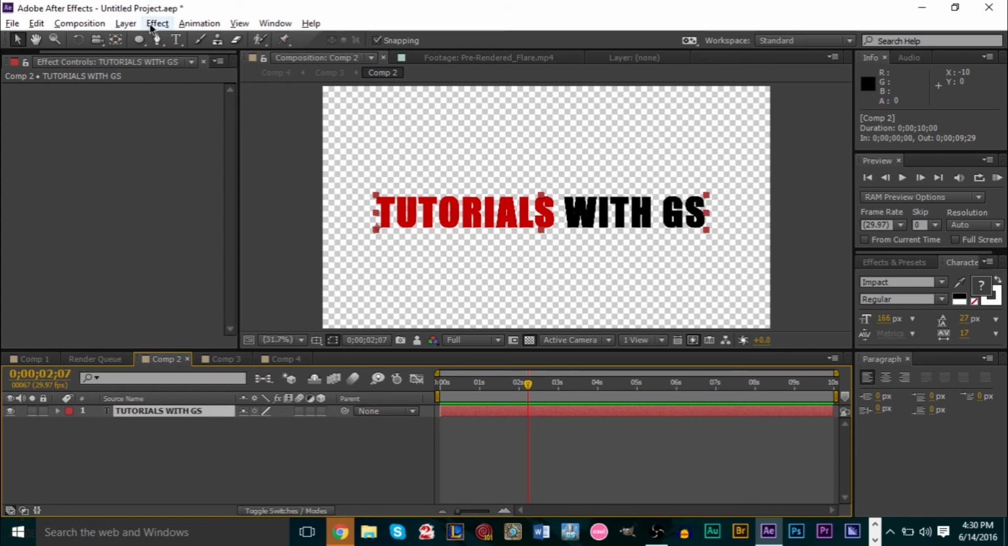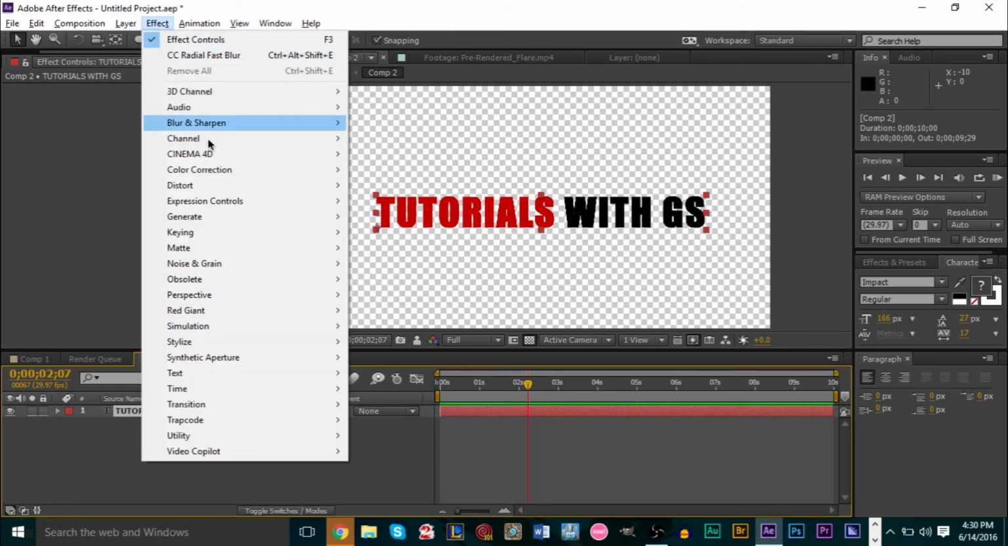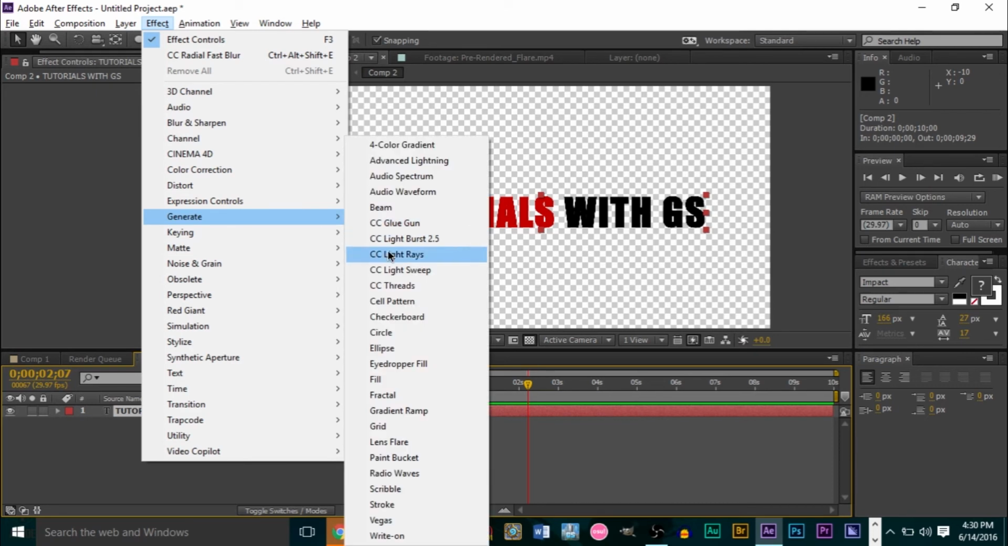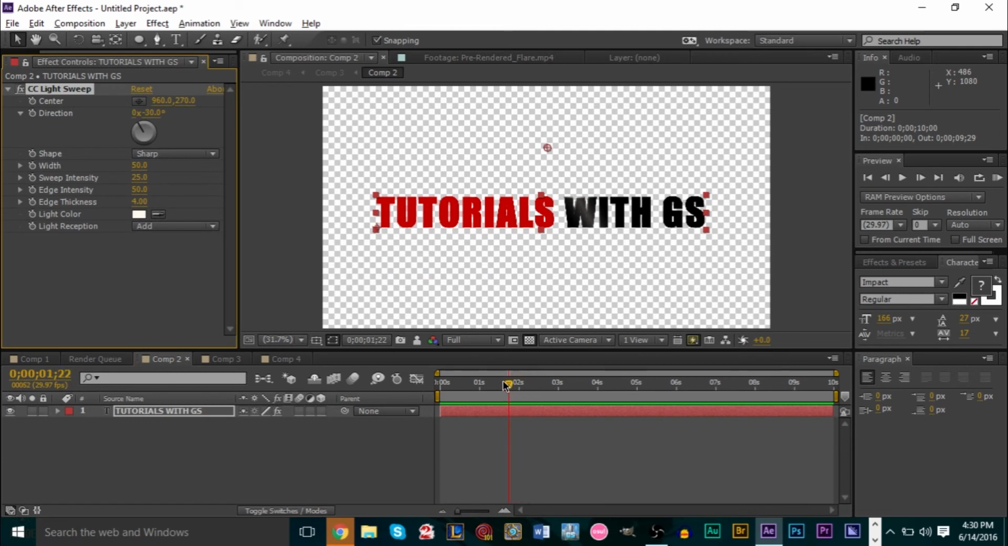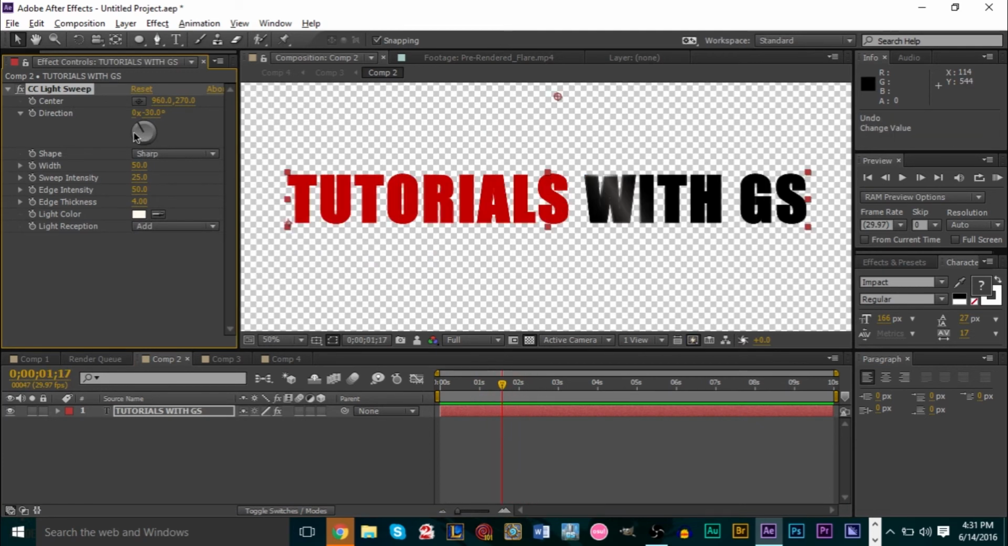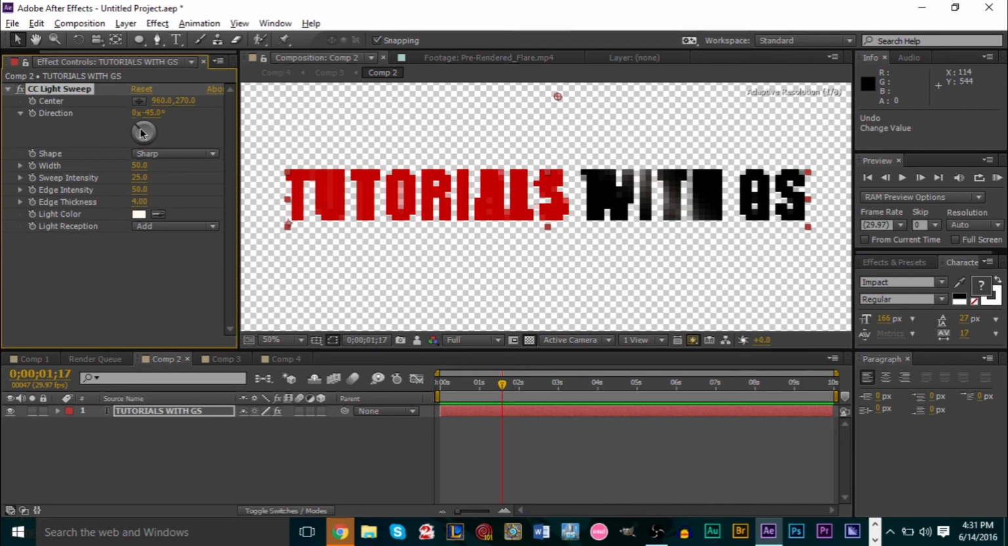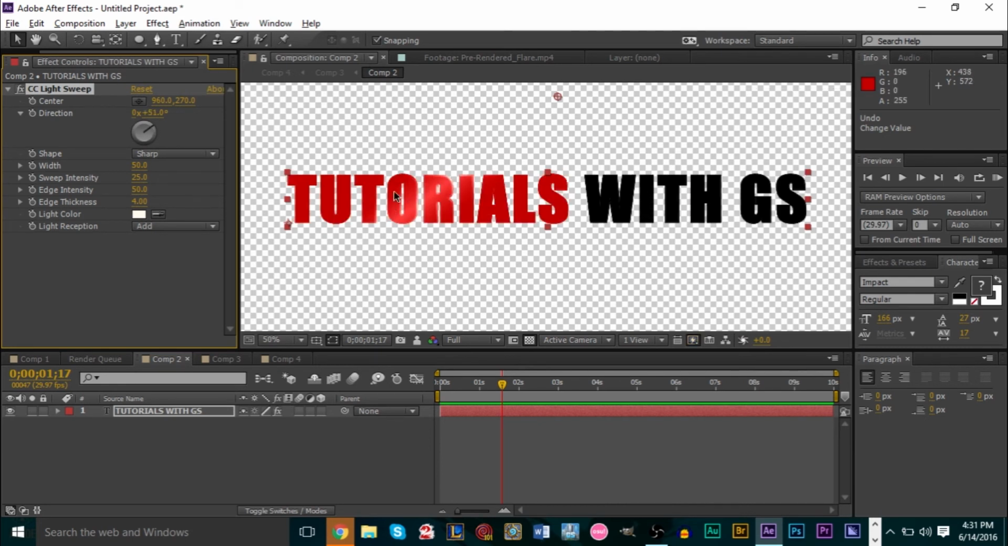So we're going to go up to Effect again, and then we're going to go to Generate. Where's that? Generate. Here we go. And look for CC Light Sweep. Here we go. And you can then change the way that the light sweep goes with this little rotational thing. You can see it if you want to have it go diagonally like that, or diagonally like that, depending on how you want it to go. Once again, full resolution here is the best way to do it. And then basically what you want to do is at the start,